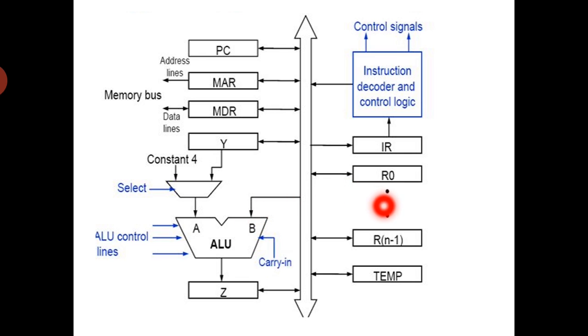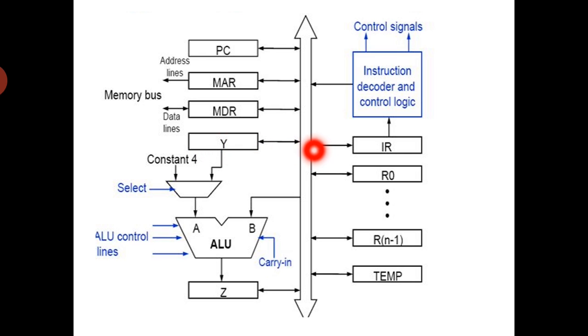First, I have activated the output control signal of the R1 register, so the data in the R1 register is transferred to the processor internal bus. From this bus, I have to transfer that data to the Y register, because I am giving R1 register data as the A input to the ALU. Here Y is also a register, a temporary register. Y will also have two control signals, input and output control signals.